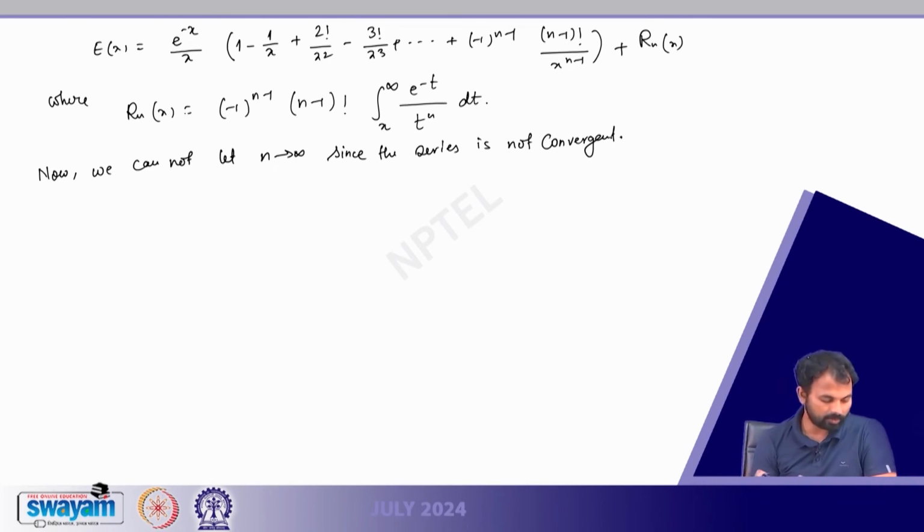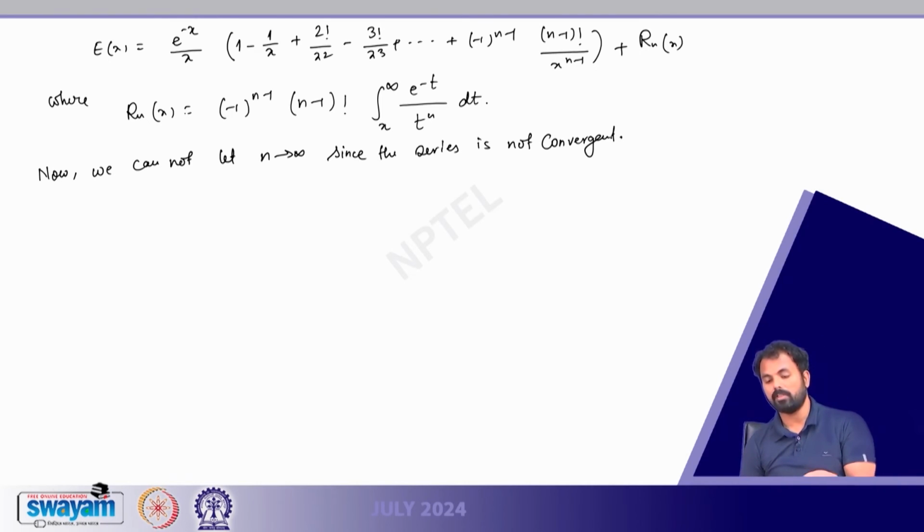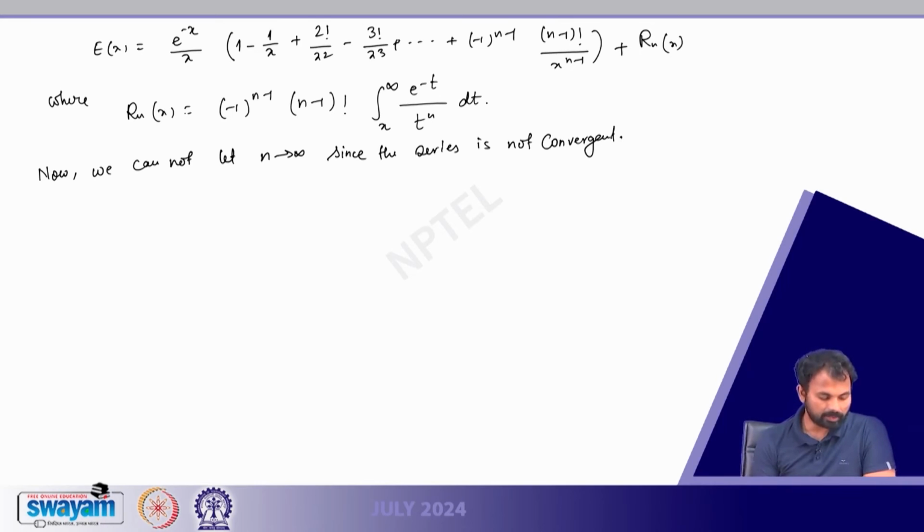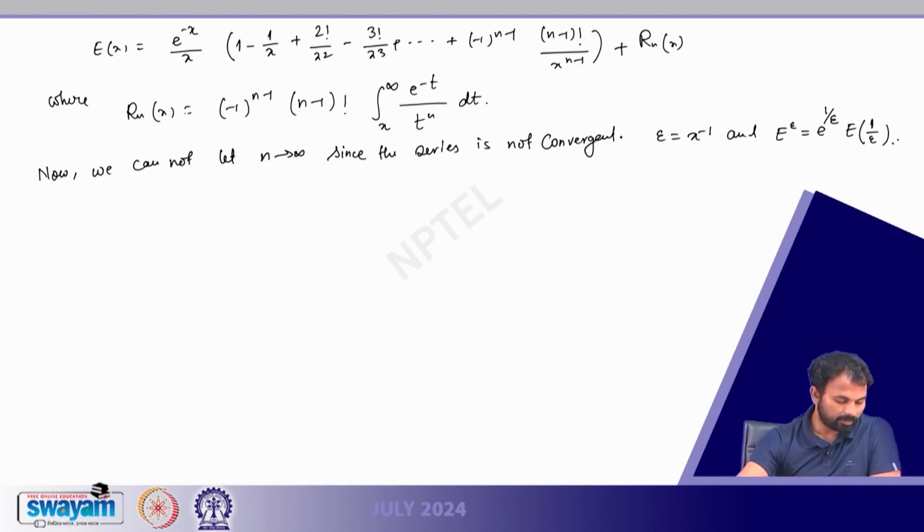So, if it is a useful expression, we want to use it for larger x. So, we want to use this expression for larger x, and so we are defining epsilon equal to x to the power minus 1. Then when x is large, epsilon is small, right, and E of epsilon is equal to e to the power 1 by epsilon, capital E of 1 by epsilon, right, and